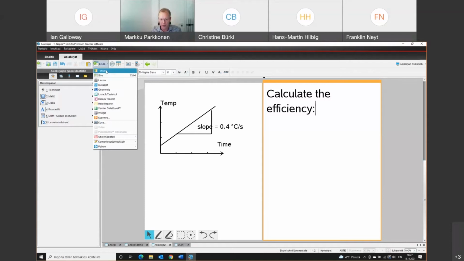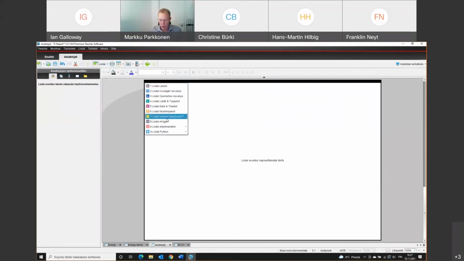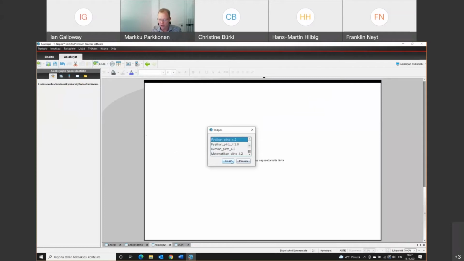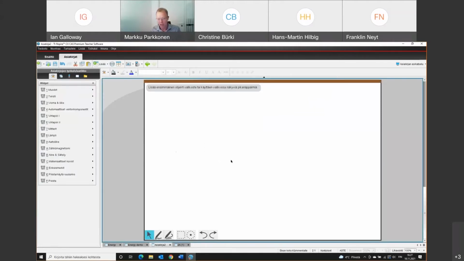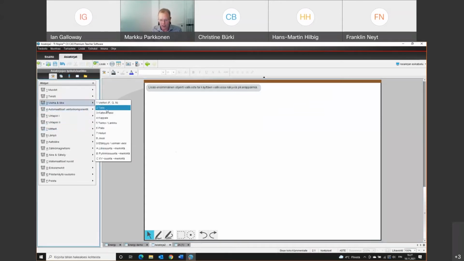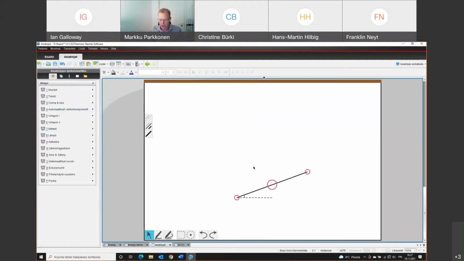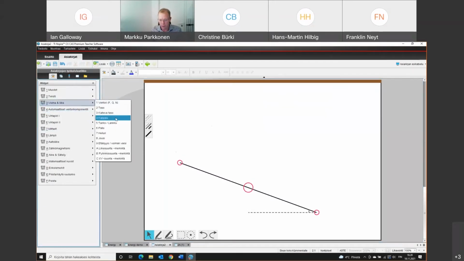I will add a new question with the new widget, and again the physics widget. Here you can see. Next to mechanics, I will draw an inclined plane. With short keys like tabulator, I can change the direction. I can mirror it from these active points. I can grab. This is just the inclined plane, and I can put an object on the